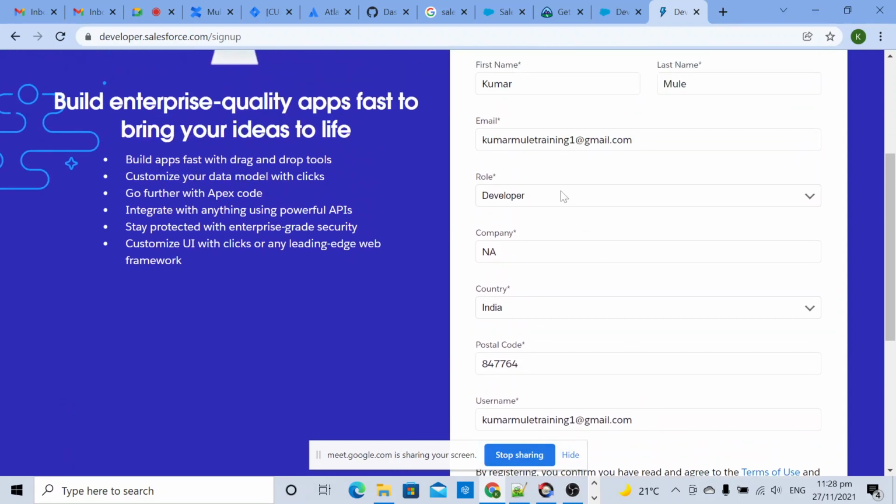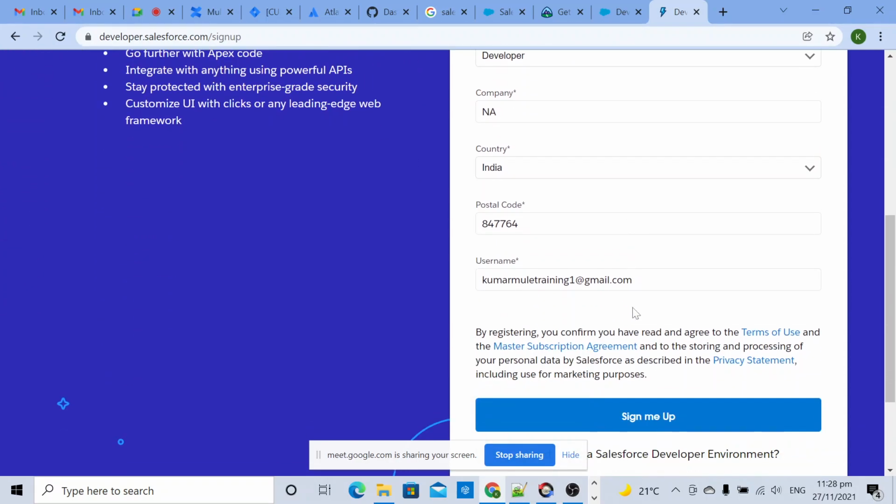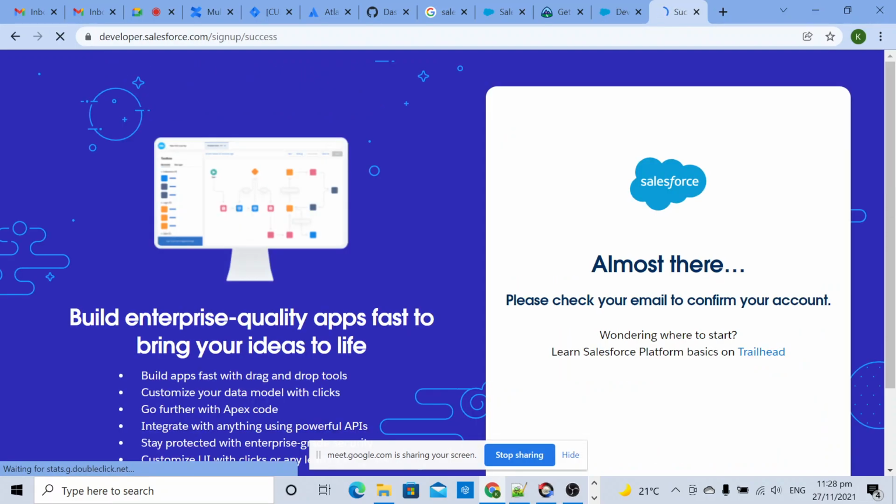Okay, and then you need to fill in all your details. Click on sign up. Okay, so they sent one email notification.